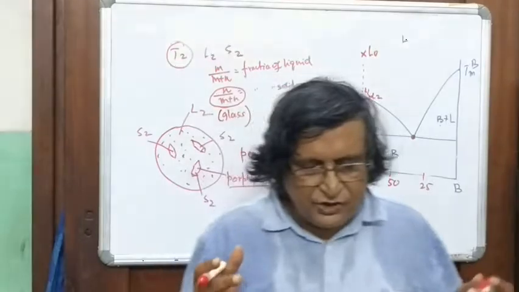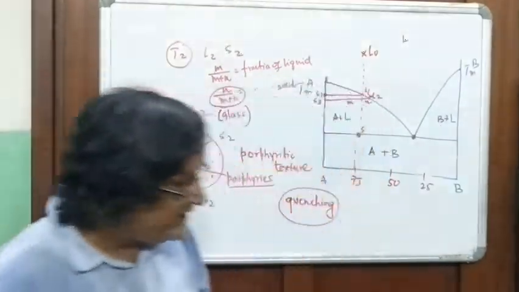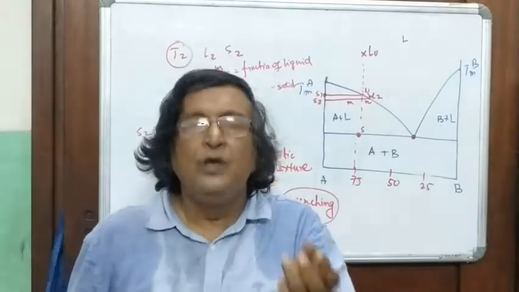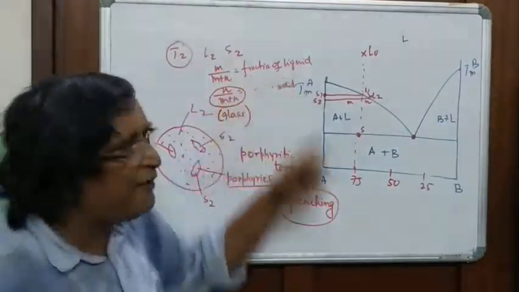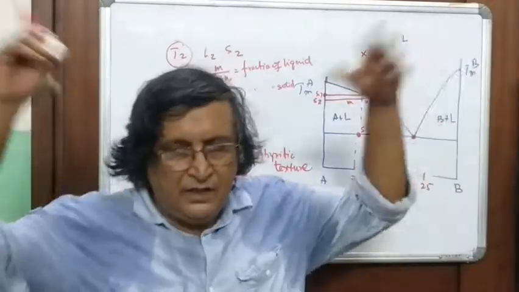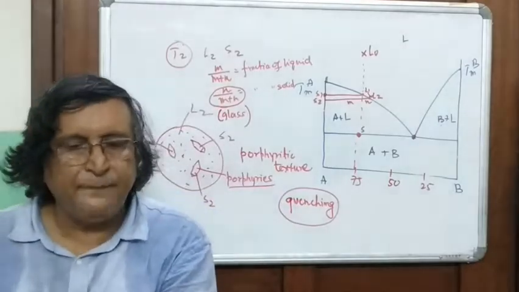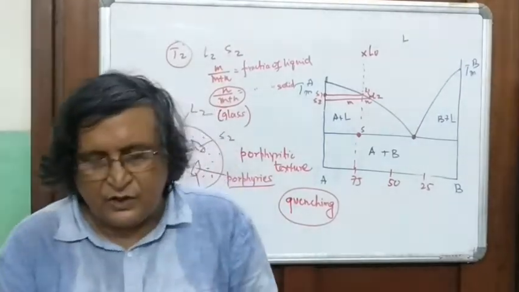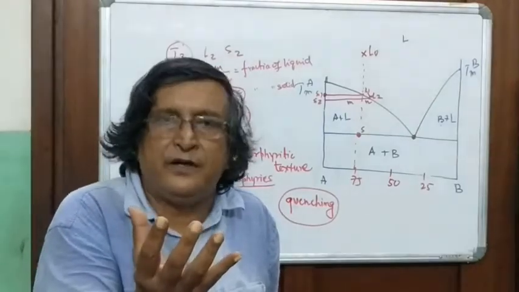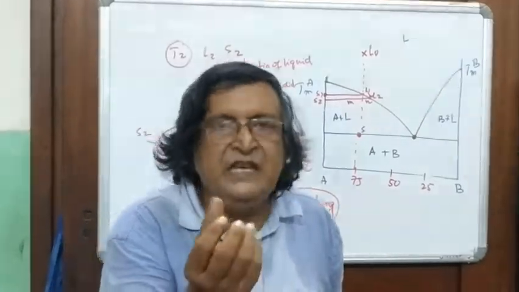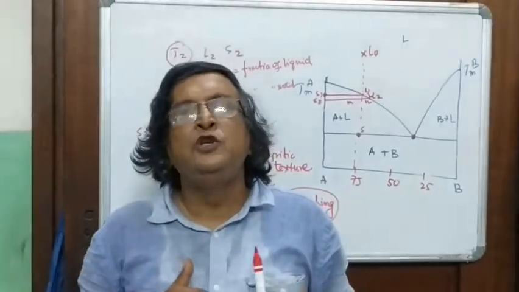So what happens when the crystallization is low? What does crystallization low mean? When the fraction of liquid is high, that means the fraction of solid is small. Then what happens? When you nucleate a crystal, the crystal grows unhindered. Have you understood? Unhindered. So its surfaces grow into their normal